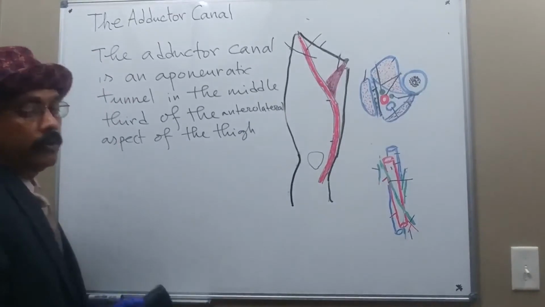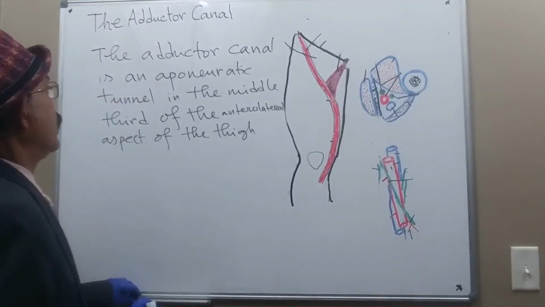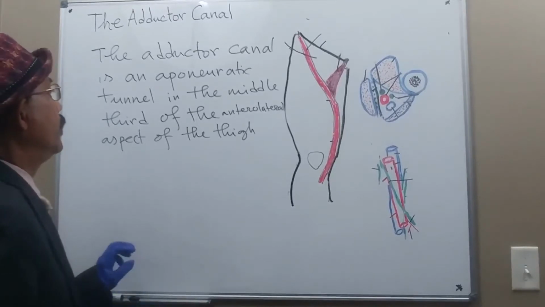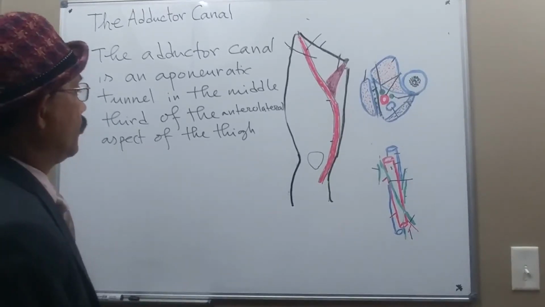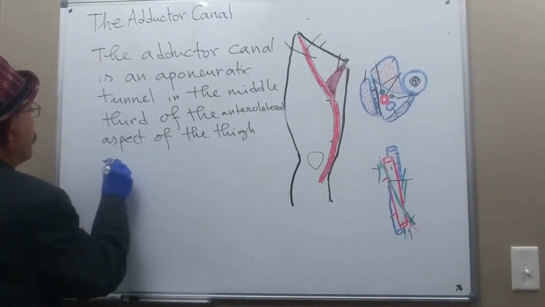Okay, so you got the definition. This is an aponeurotic tunnel in the middle third of the anterolateral aspect of the thigh, extending